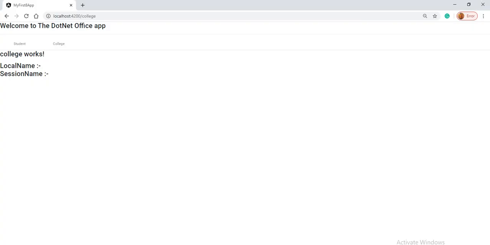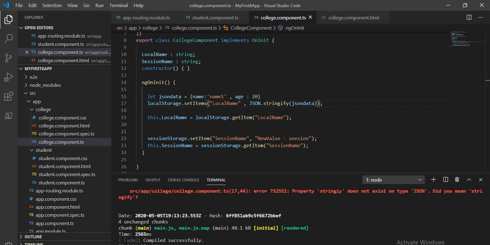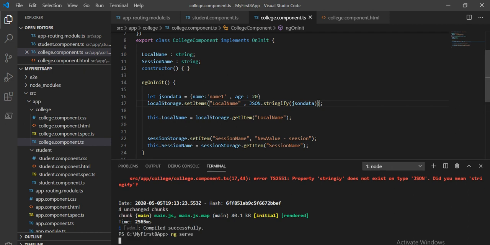So go on the browser, let's see what is the problem, why it is not showing. So it's not saved properly, so let's save it again, ng serve. So it will compile and show on the browser.